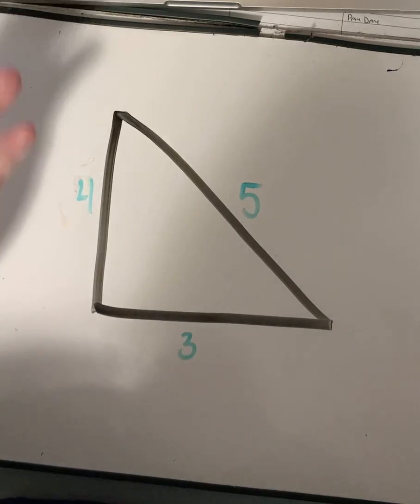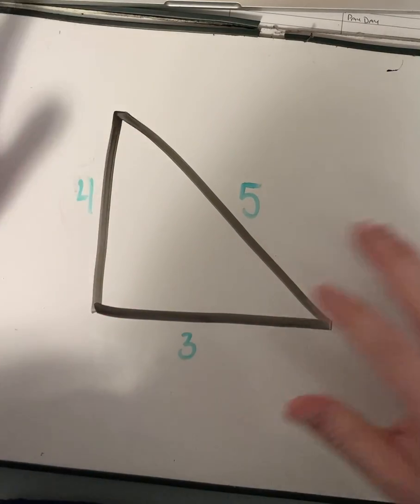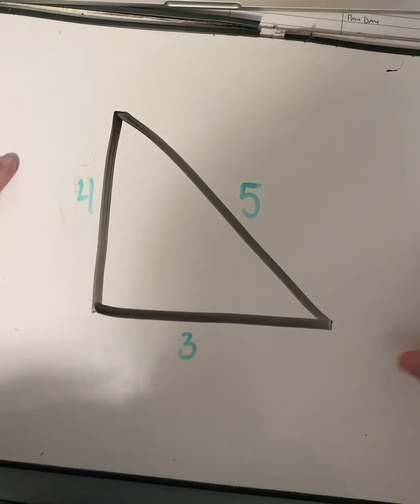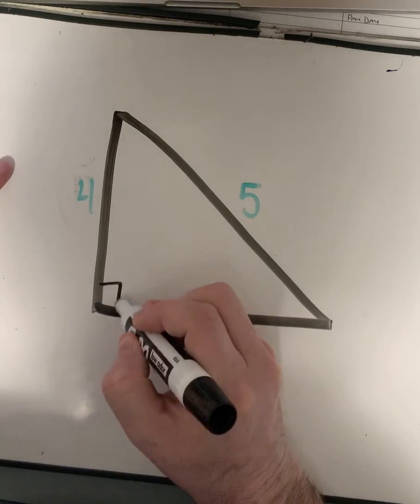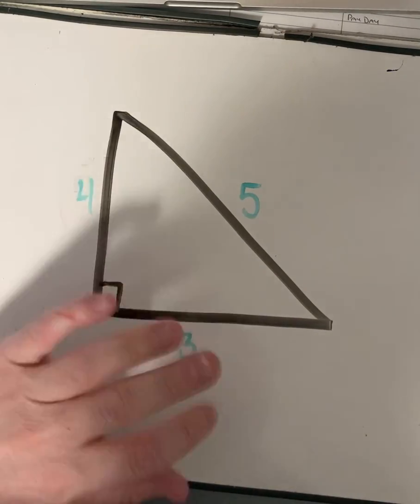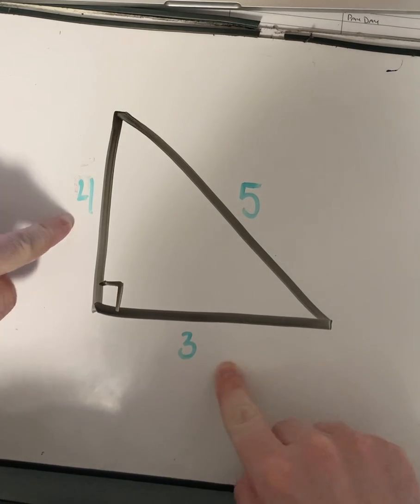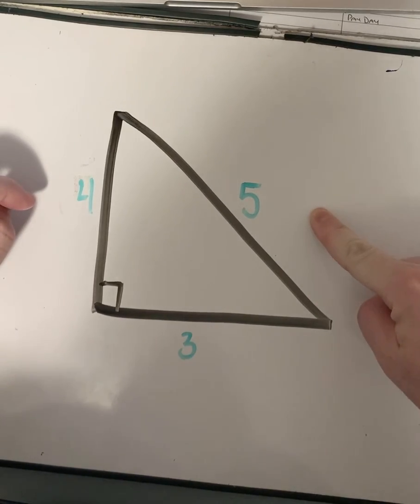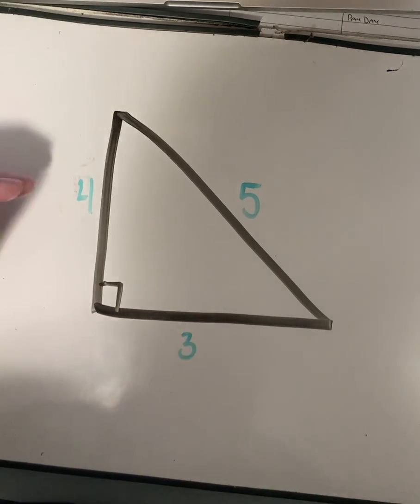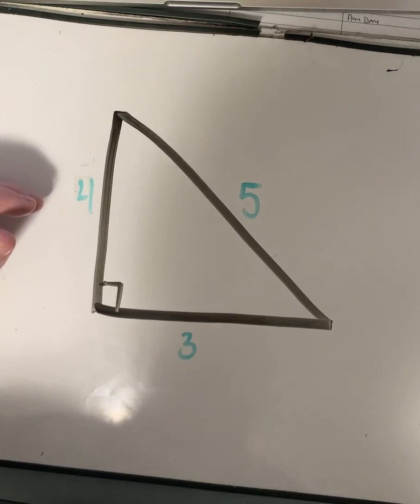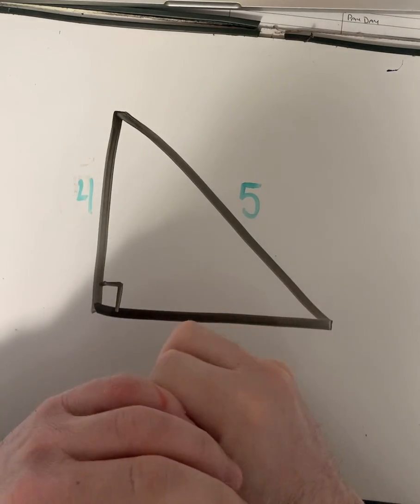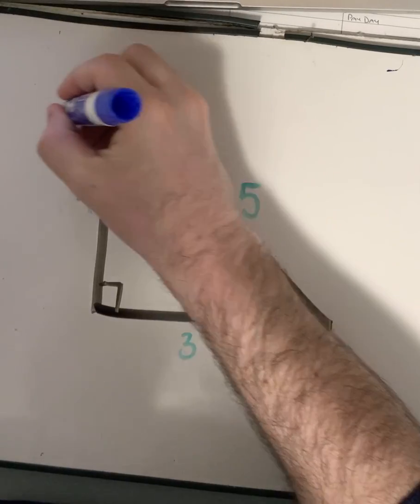Okay, so welcome back. We're going to explain this a little better using this right angle triangle right here. Here we've labeled all the angles, our two legs, and our hypotenuse. But what I want to show you is what it meant that the two squares will add up. So if we draw this square out,